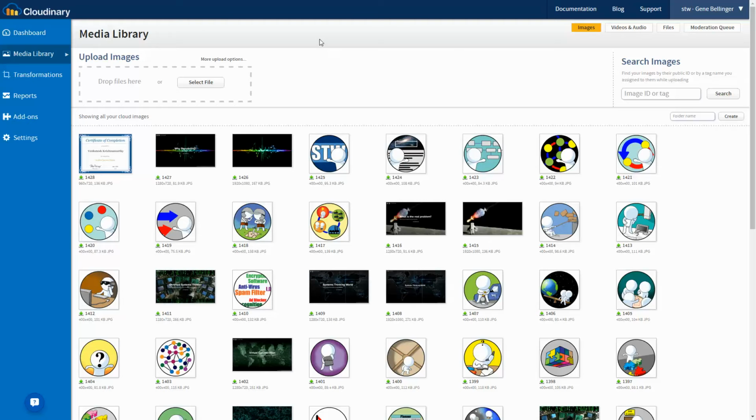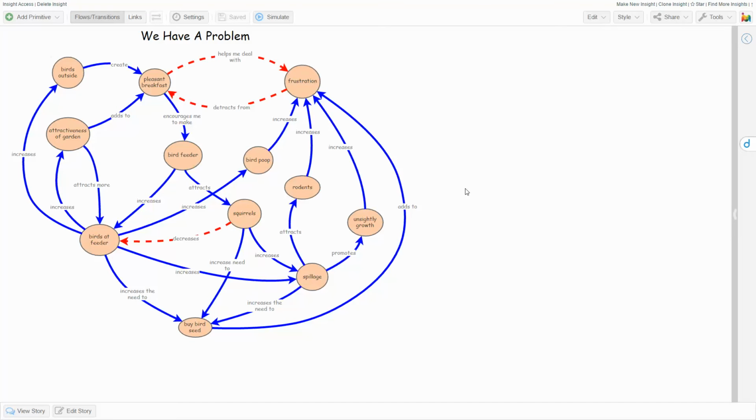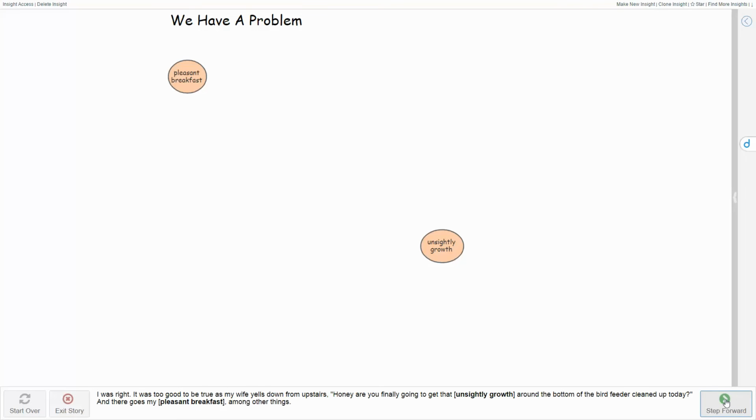that when you use images in your models, they don't become broken because people are constantly changing things on the web. From there, it moves into the essential elements of storytelling within Insight Maker, in terms of how you can use them so that rather than thrusting a model such as this onto someone and having them attempt to understand it, they can in fact simply walk through an unfolding of this relationship model as a story, and they